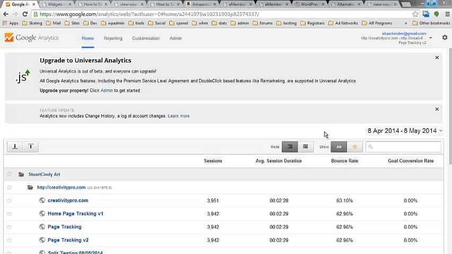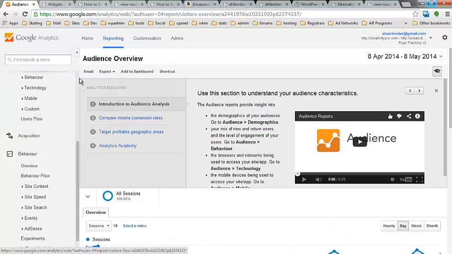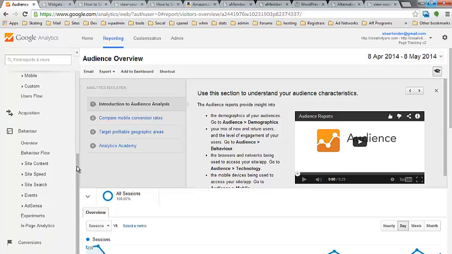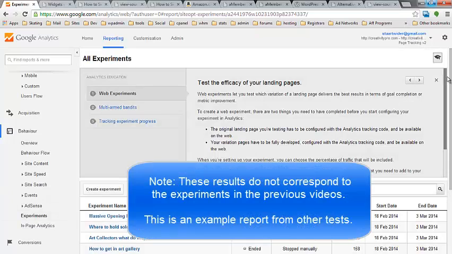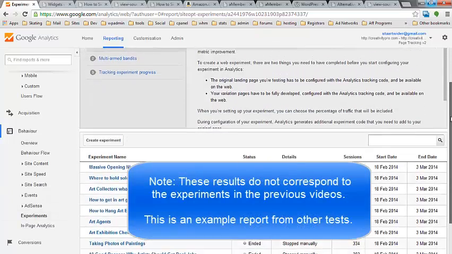The most exciting part of this entire process is when you actually get to see the results of your split tests. What I'm going to do now is show you a view in my Google Analytics that I created earlier, and it has some experiments which have already run in it. So I'm just going to go down to, it's under Behavior, Experiments, and here's a set of experiments that I